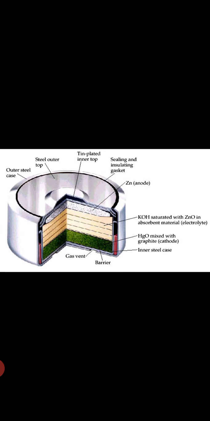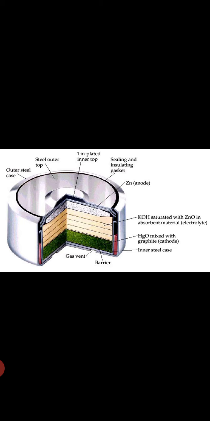Next after that we will come to the mercury cell. The mercury cell, as I said, is nothing but known as the Ruben Mallory cell. In the mercury cell you can see the same thing, we have a zinc anode. The mercury cell is being used for cameras, for watches, and for hearing aids. Got it? In the ears we put this, for people who are not able to hear properly, they put a machine in their ear. That is said to be hearing aids.